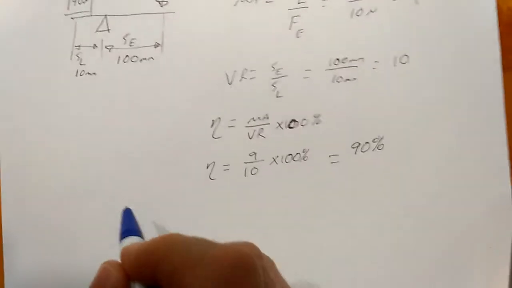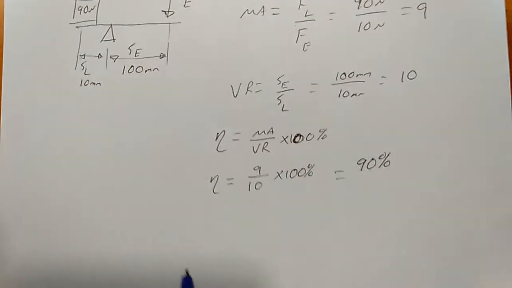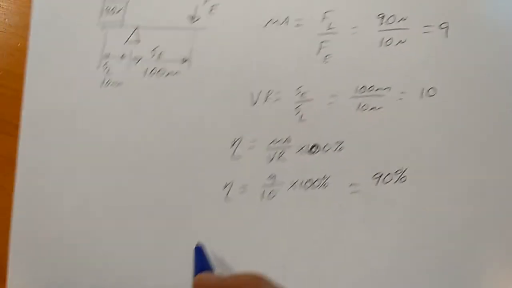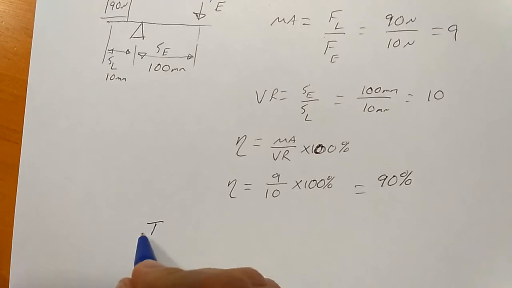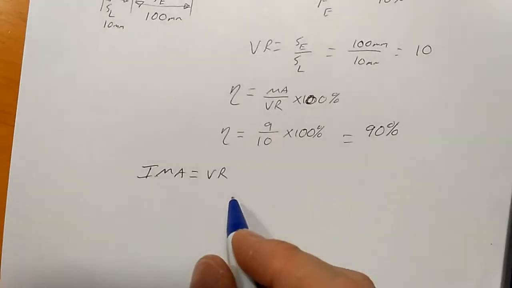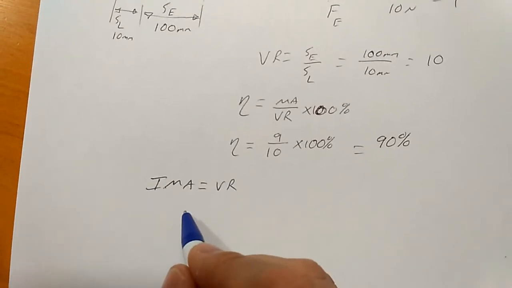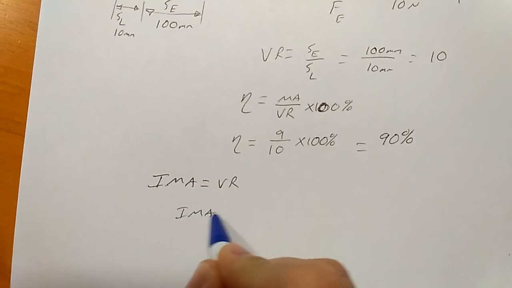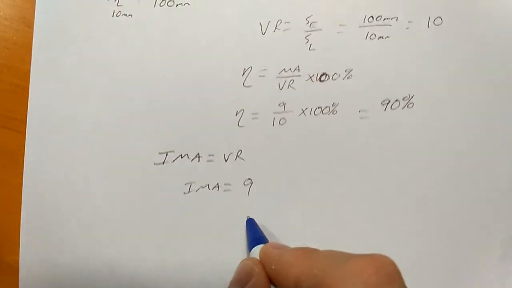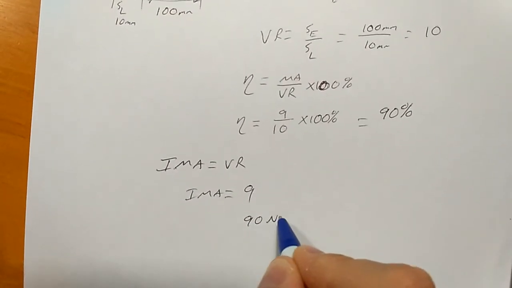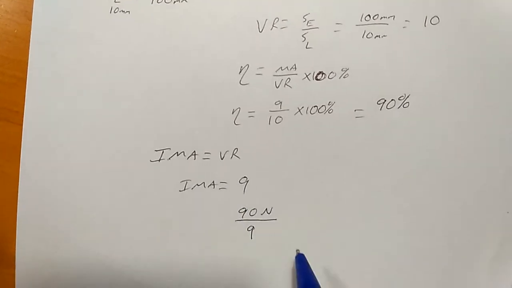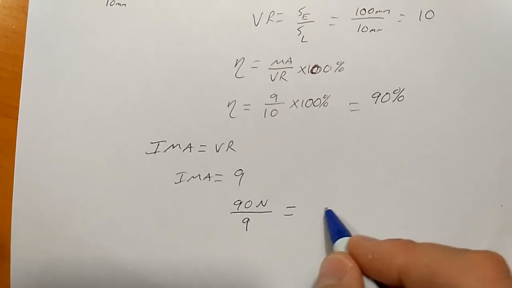So how do I know how much force is being wasted into friction? Because I spent 10 newtons of force to raise a 90 newton box. Okay, so let's try this. The ideal mechanical advantage is equal to my velocity ratio, right? That's with no friction. So that means that my ideal mechanical advantage should equal 9. So if I take my load, which is 90 newtons, all right, and I divide that by 9, the ideal mechanical advantage,